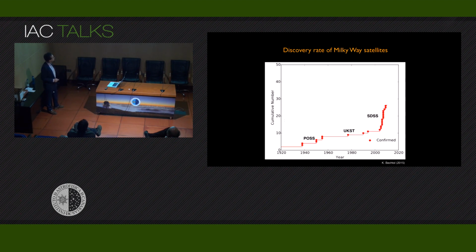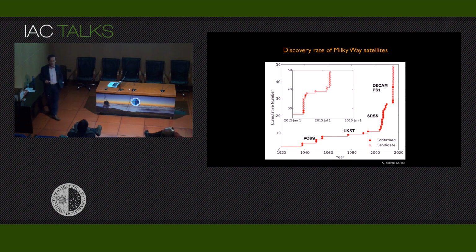Sloan was absolutely instrumental in essentially doubling the number of satellites, and now DECam has doubled again the number of satellites. And this is a tiny fraction of the sky. It is not yet complete. And we know something like 50 these days. I expect that it will be something like 200, perhaps even 300 across the sky, again through resolved star counts